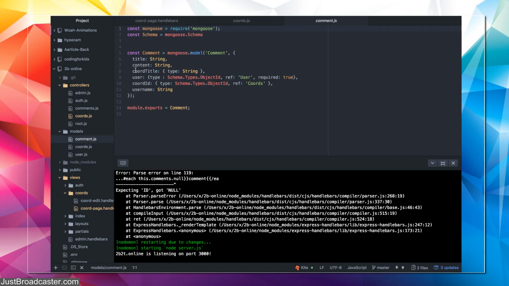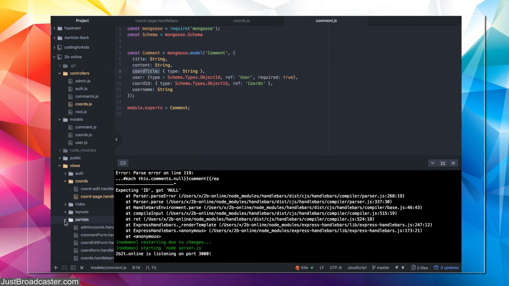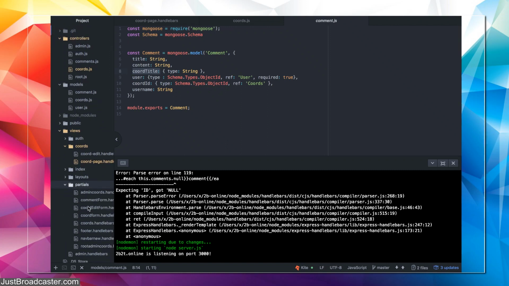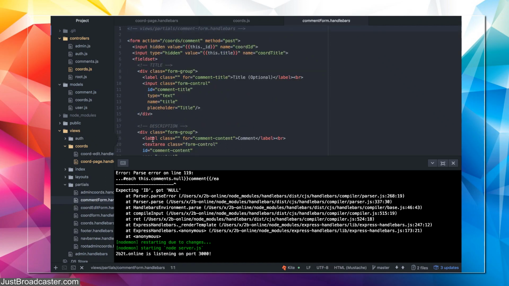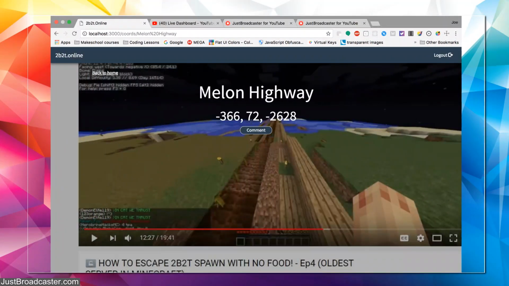Oh, here it is. Should be getting its chord title from the actual chord form, or the actual comment form, rather. Chord title is this dot title. And so if I were to inspect,